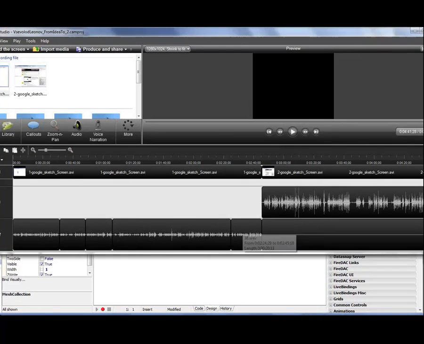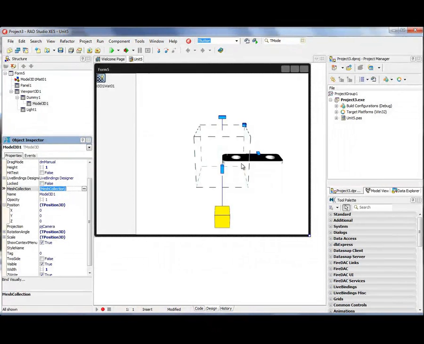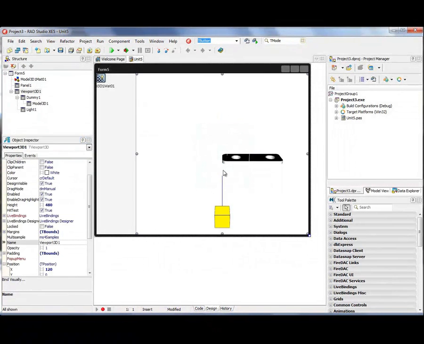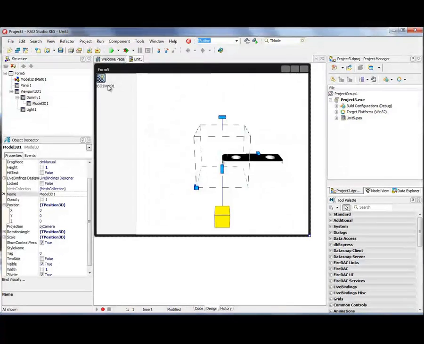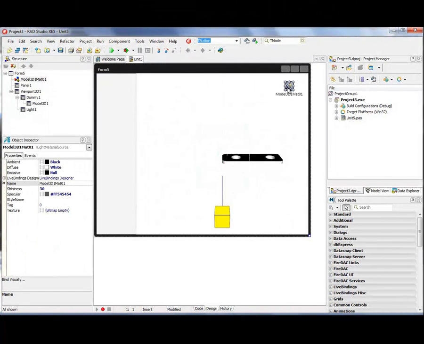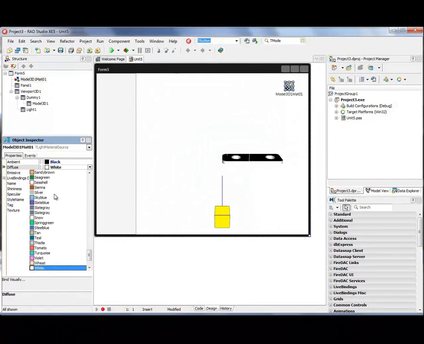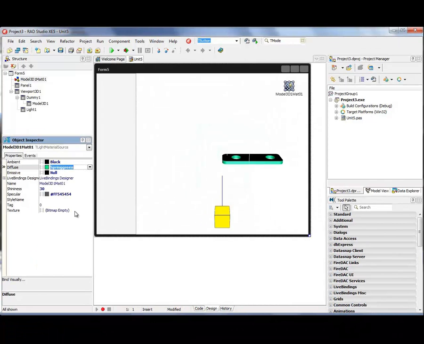Okay, so we have this on the form, and please pay attention to a single model 3D Mat01. It's the material component. It is used for the model to have some color. You can change the color from white to maybe spring green.